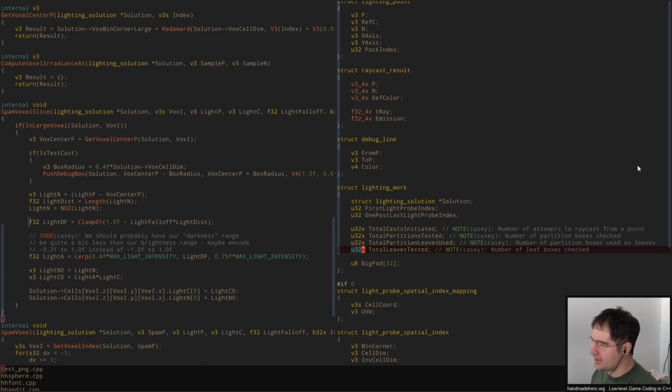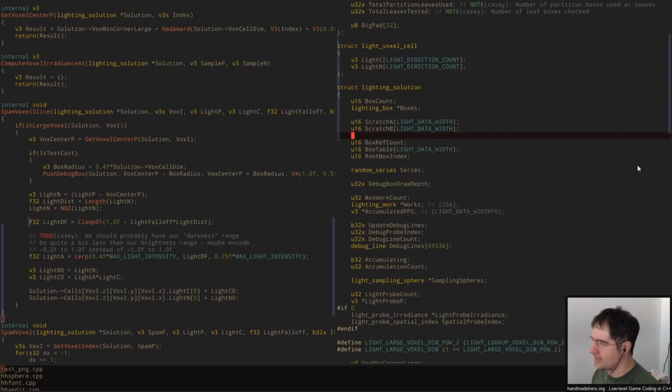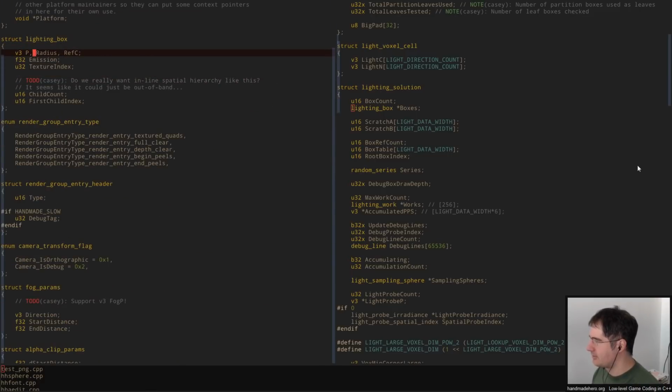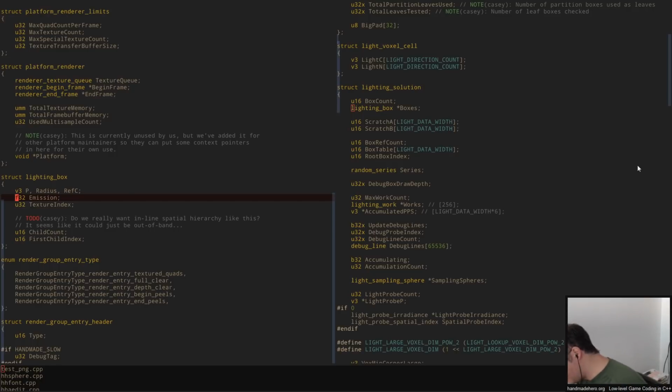So if we assume that our lighting is packed into this array of boxes, right? So you have this lighting box set here. And if we look at the lighting boxes, our spatial partition is built out of these things, and these are the things that we push on for occluders, and also what we could push on for light sources. And all I was really suggesting is, maybe instead of emission here, we would basically just out-reference. We would say things that have actual light sources associated with them can reference those as a separate thing. And then when we go up the hierarchy, maybe we say,